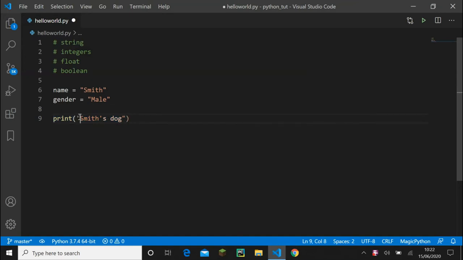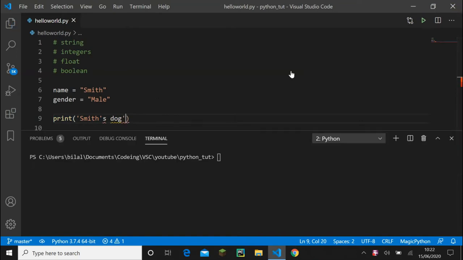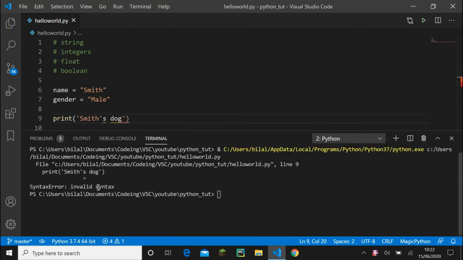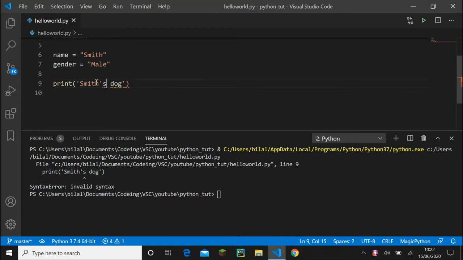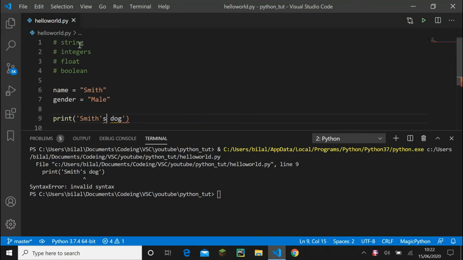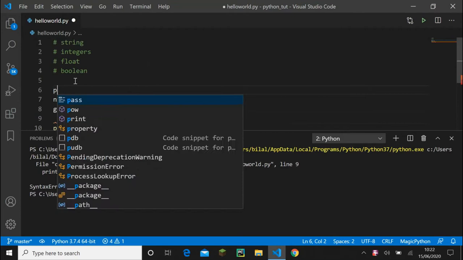I'll show you what error it'll throw if you do it like this. Run this, and it says invalid syntax, line 9. You can see line 9. It's pointing at this S. Well, it's pointing at this S because S is not a string. S is not a keyword either. S is just nothing that Python can understand. Python can understand only strings, integers, floats, and Booleans, and some keywords like print or